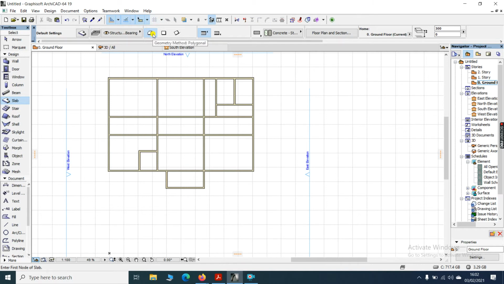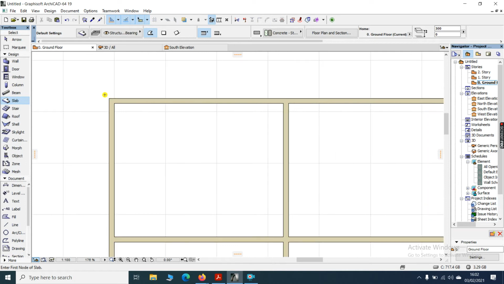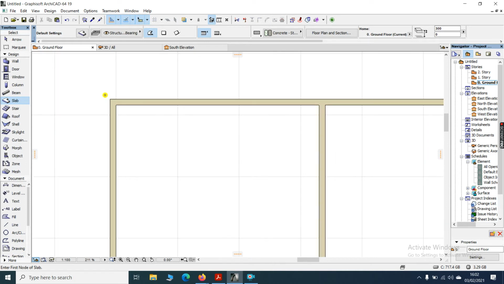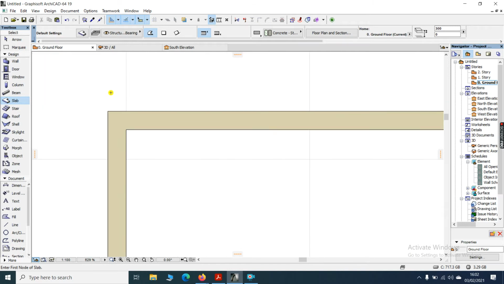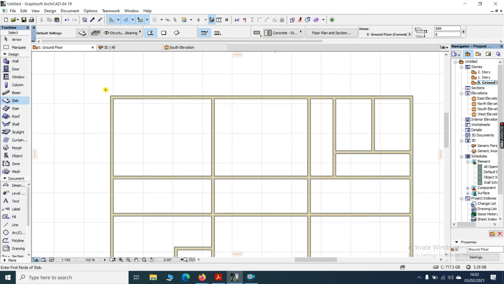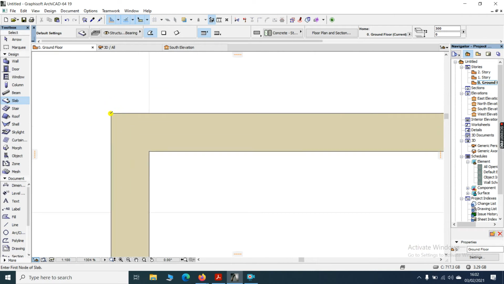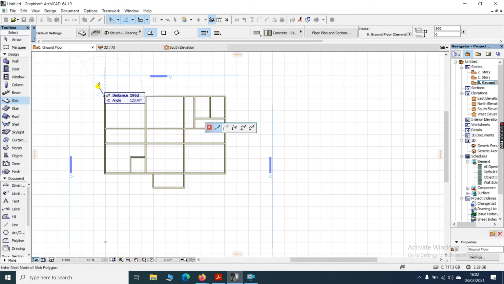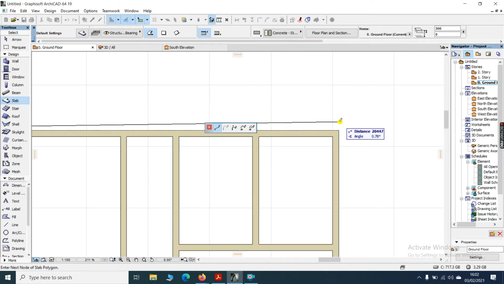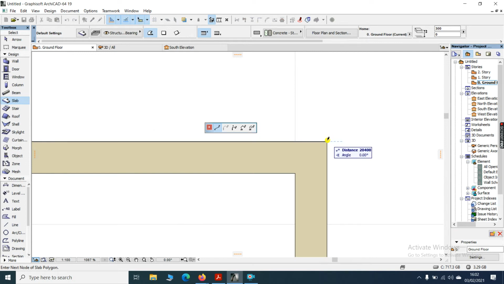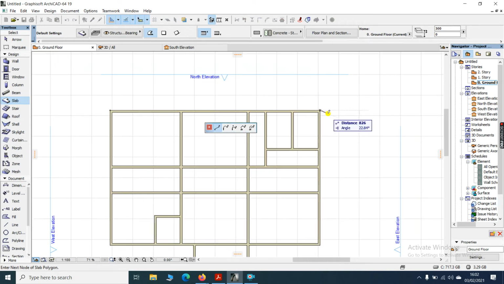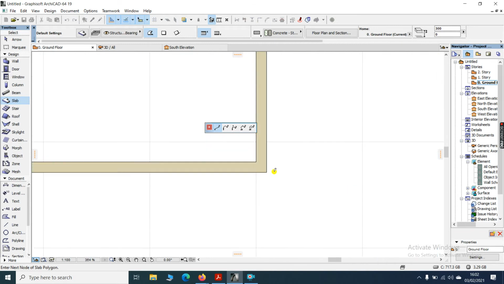So you click geometric method polygon. And then when you move the scroll bar in your mouse forward, it will zoom in, and when you move it back, it will zoom out. So you zoom in and then you click at the very corner tip of the wall. This one you can start from anywhere. I've decided to start from the upper side, and then you go to the next corner, you zoom in, you left click, you go to the next corner, you click,